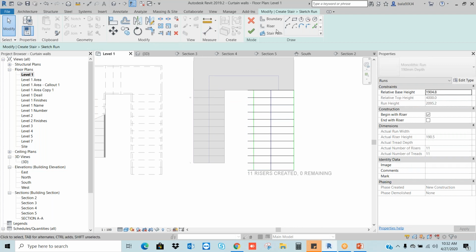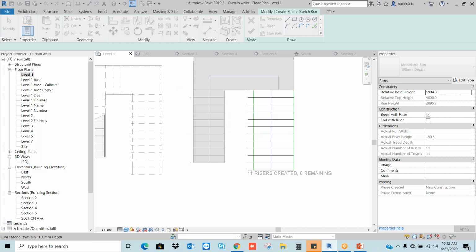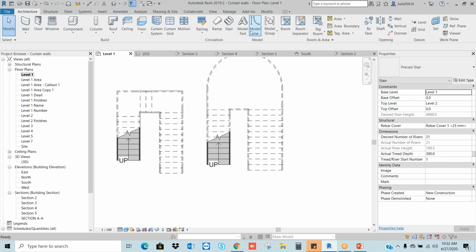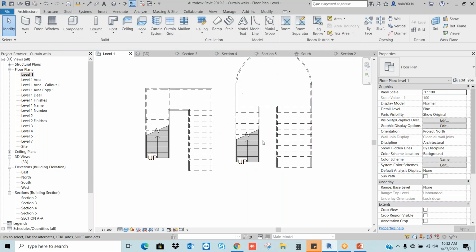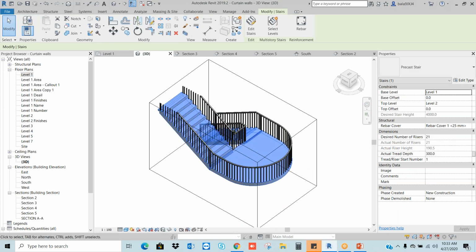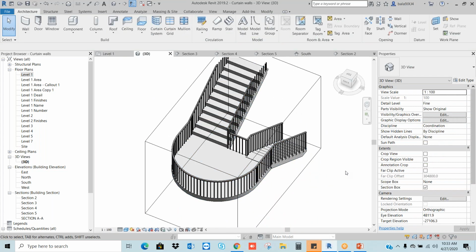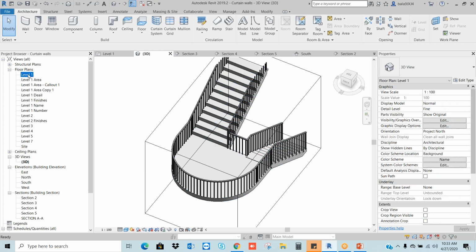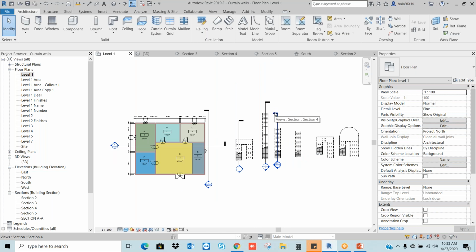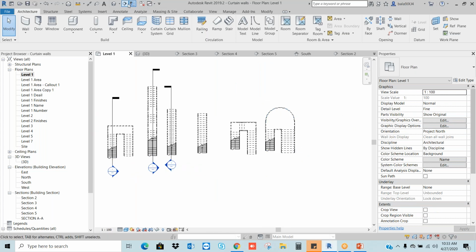Anything is the same. You can change by using the grips. So this width is different and this width is different. By using the default staircase only we can reach our requirement in Revit. Let's say I want to see the section of this.